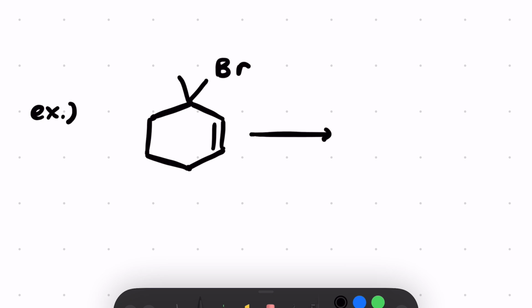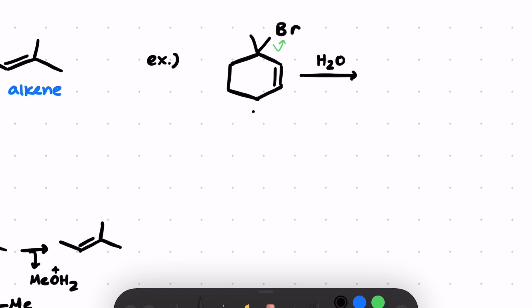So if I treat this with, let's say, I don't know, water. Okay, let's just go with water. The first thing that's going to happen is the bromine is going to leave. And so what I end up with is this carbocation,